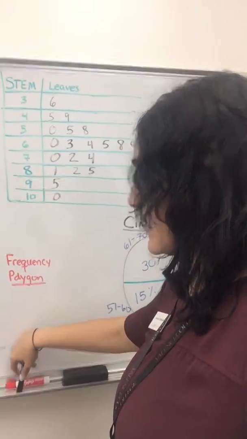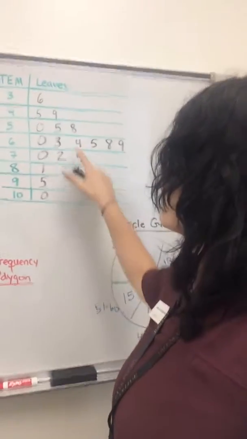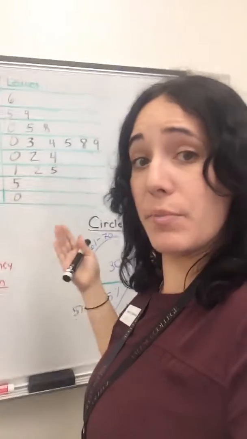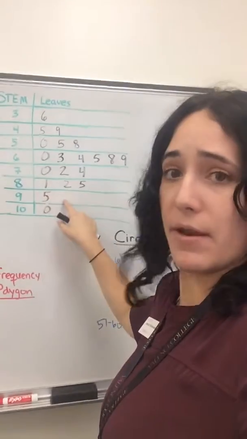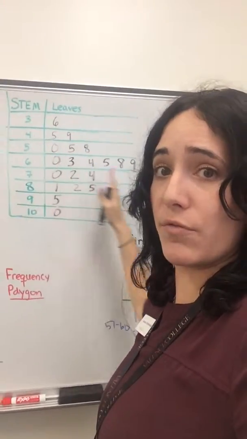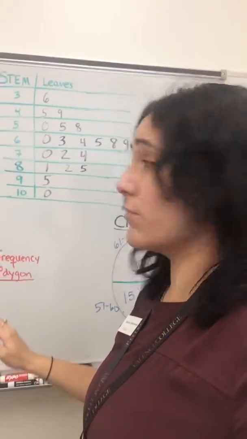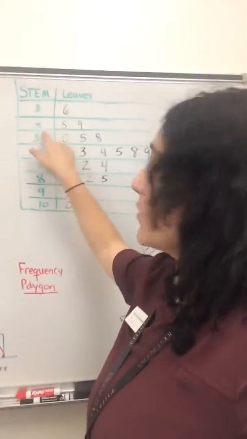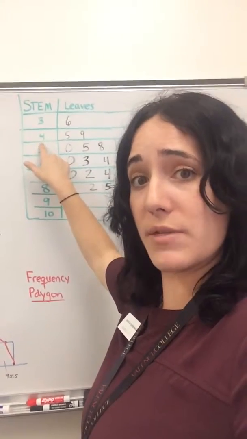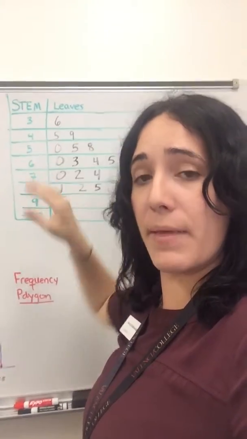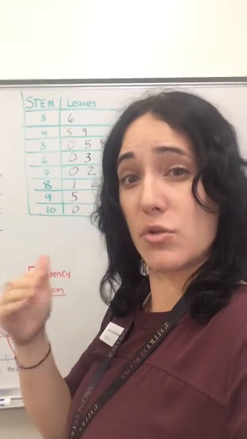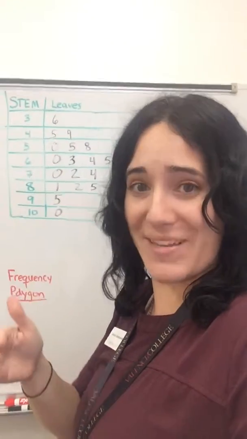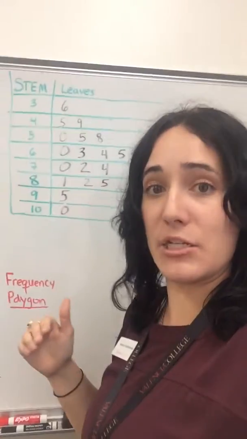And if we had repeated any test scores, we would have had a number repeated. For example, had there been two 95s, this would have been 5 and another 5. And we always put them in order from least to greatest. Also note that if we had missed one of these stems, like if there were no 40s, we would still write the 4 for the stem, but leave the leaves blank. Putting a 0 under that leaf would mean that you had a score of a 40, not that there were no 40s. So that's a distinction that's really important.